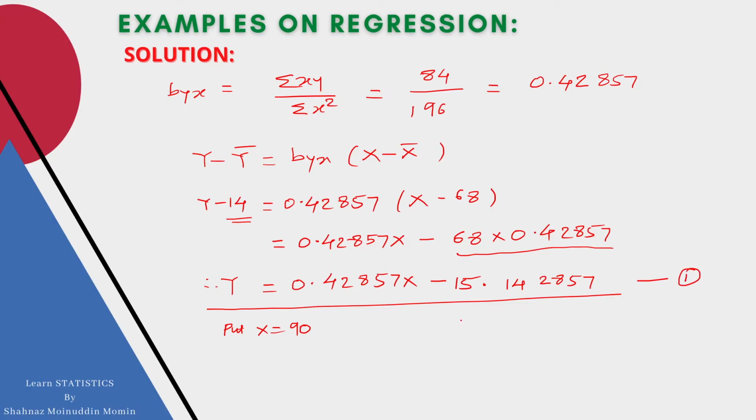Let me call it as equation 1. Then we get the sales y. So it is y equal to 0.42857 into 90 minus 15.14287, which is equal to